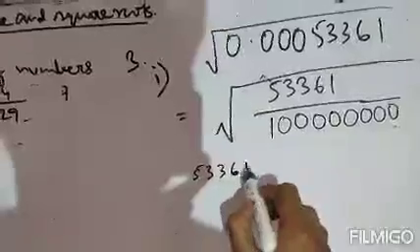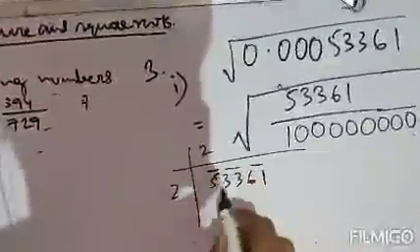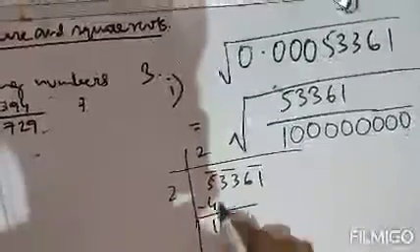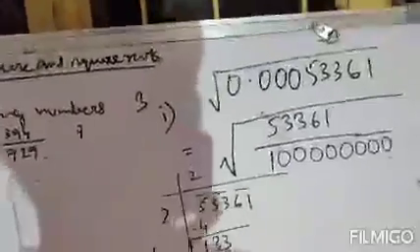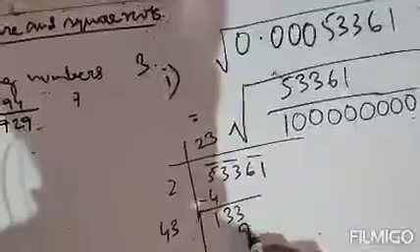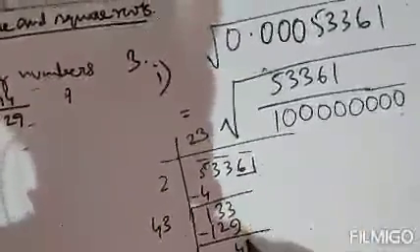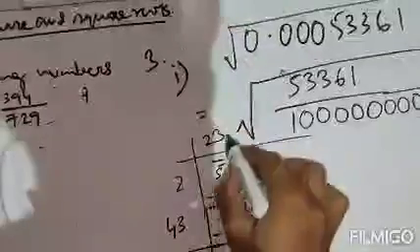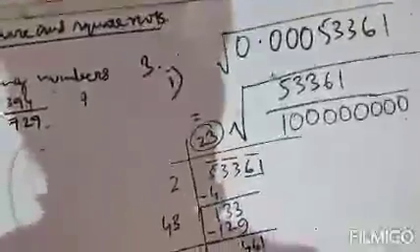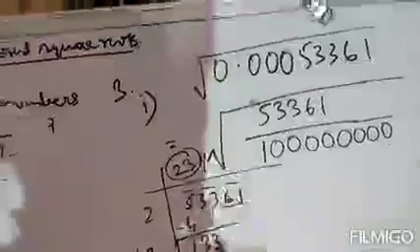So 53361, find the square root taking two numbers from the right side. So 2 2s are 4, subtract, 1, these 2 3 will come down, it will be multiplied by 2, that is 4. Clear? Now 3, so 3 3s are 9 and 3 4s are 12, that is 129, subtract, this is 4. Now this 61 will come down. Clear? So this total number 23 will be multiplied by 2, 46, now put 1 and 1, so 46 ones, that is 461. So your answer is 231.